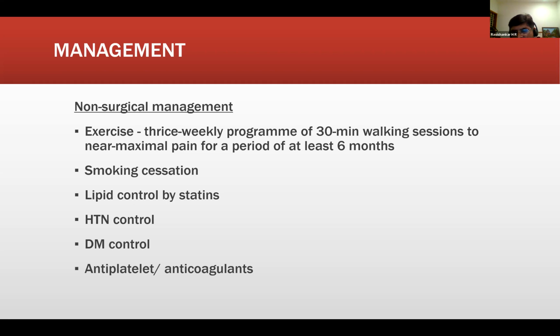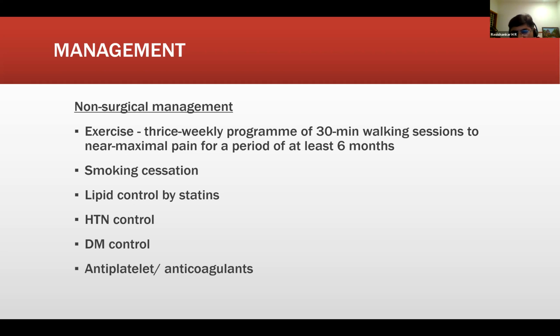Anybody? Sanya? Not in peripheral vascular disease, sir. Using a combination of those two doesn't have an advantage. It is shown that if the patient has symptomatic peripheral vascular disease, a combination of aspirin and clopidogrel seems to help. But if it is an asymptomatic patient, who has come to you for something else and you evaluated and found that the patient has peripheral vascular disease, such patients won't benefit from a combination of clopidogrel and aspirin.